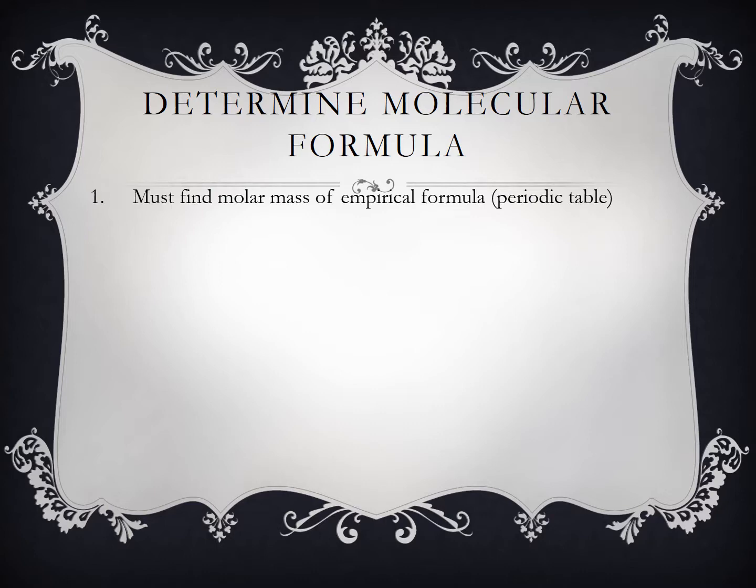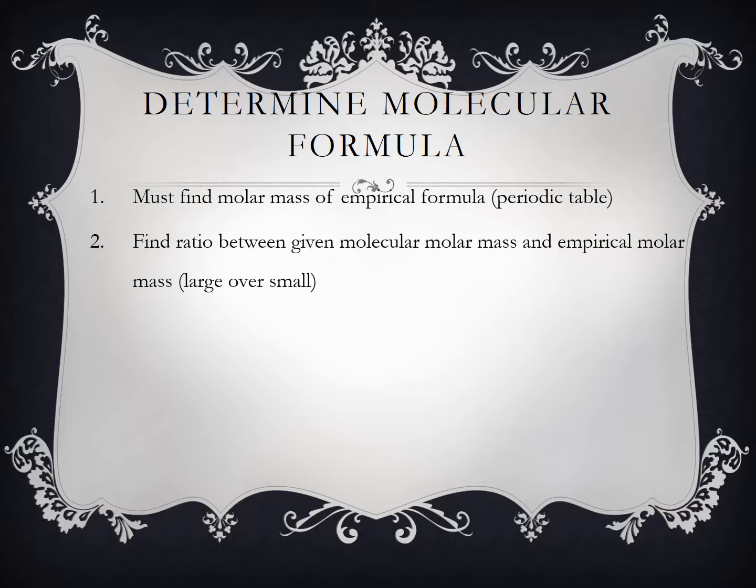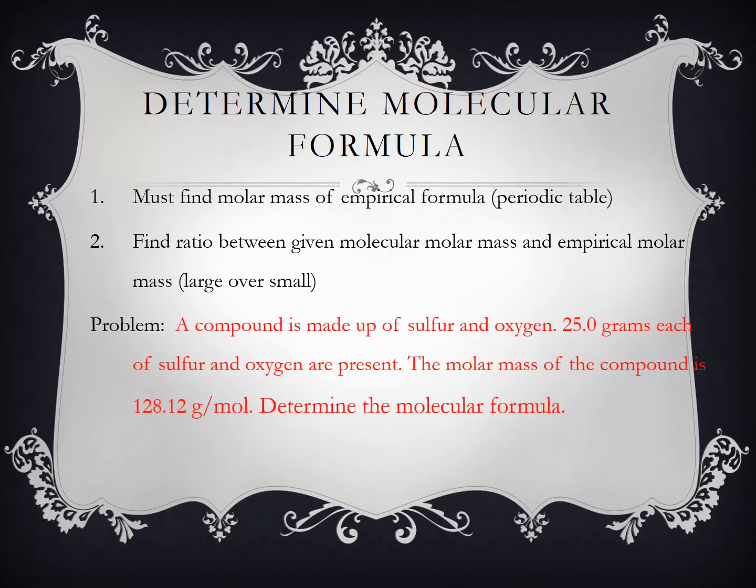All right, so quick review. Again, to find the molecular formula, you have to use the molar mass of the empirical from the periodic table. The ratio between the molecular and the empirical, large over small, will tell you how many times more the molecular is compared to the empirical. So we have 25 grams of each sulfur and oxygen, and the molar mass of that compound is 128. So again, you want to find the empirical to be SO2. We did this problem previously,